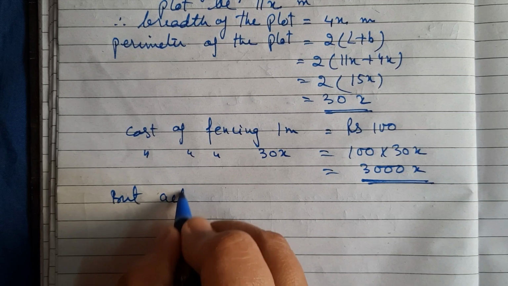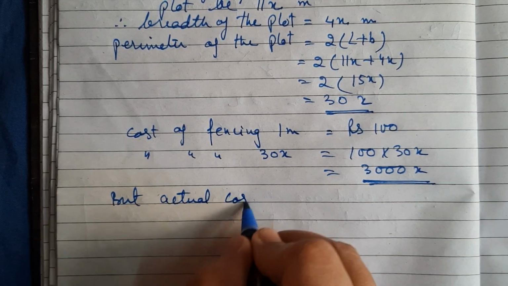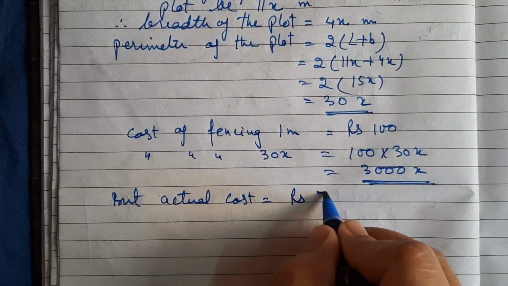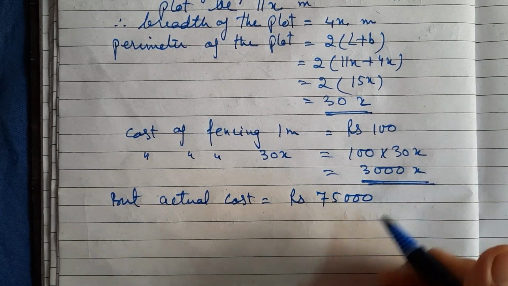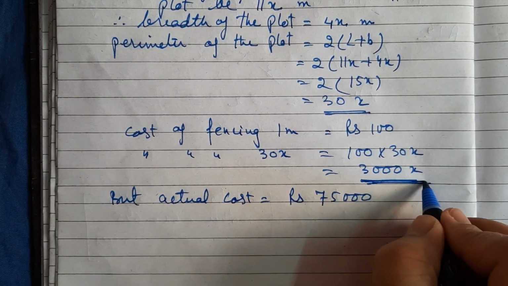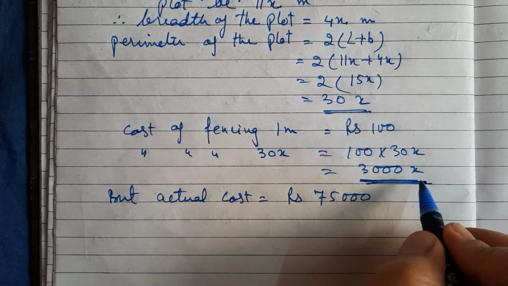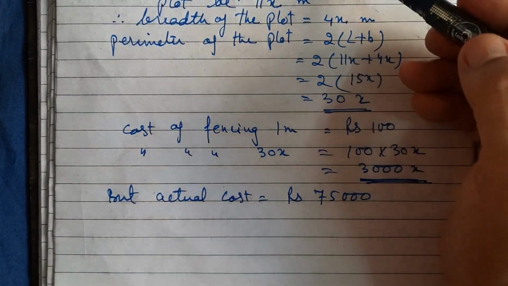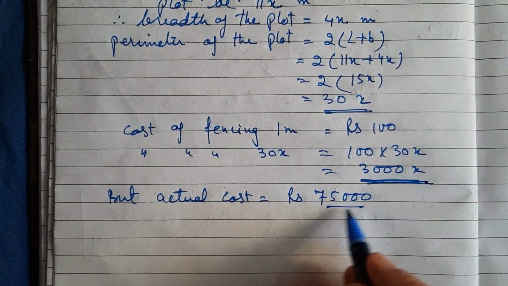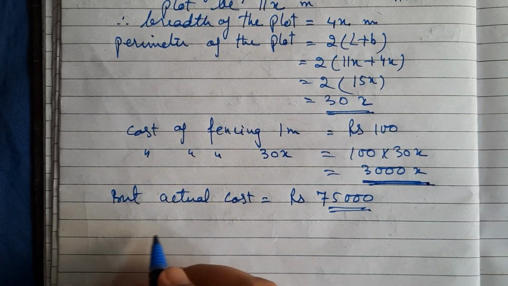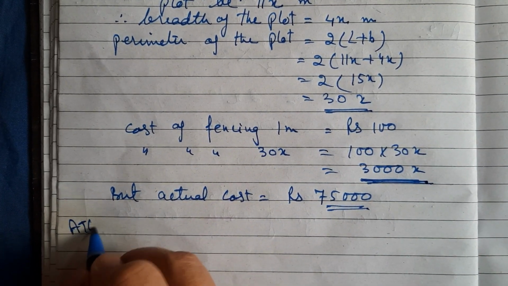But the actual cost is given as rupees 75,000. This is also the total cost, which we calculated by our supposition, and this is the actual cost which is given in the question. So according to the question,